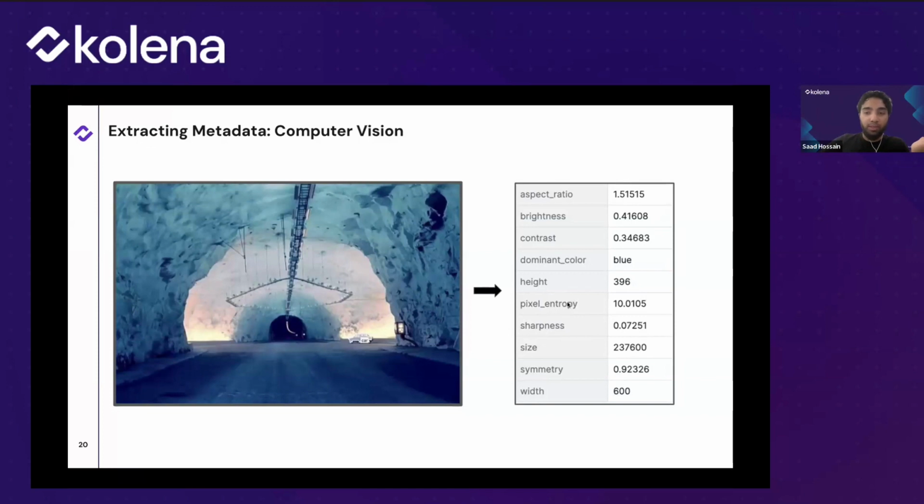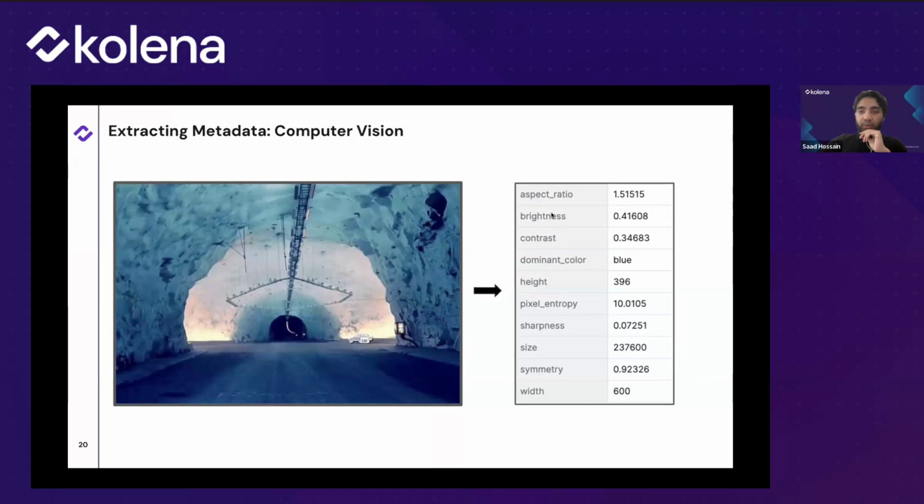Now, a property such as pixel entropy, where we have a fairly high score here, would essentially tell us what's going on in the image. Is it just a very bland or blank image where there's not many colors, where there's not many objects? Entropy generally details the amount of chaos or uncertainty in some signal. This could, in fact, tell us how chaotic an image is and how much is going on. The more that's going on, the more chaos, the more entropy it has.